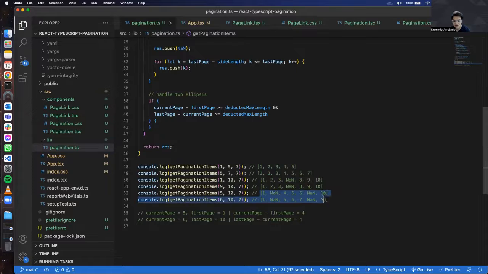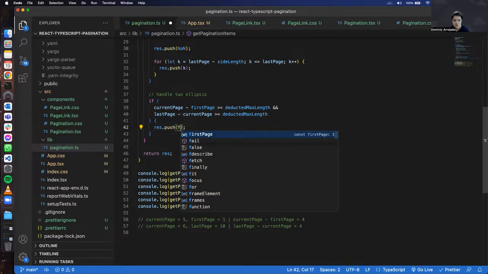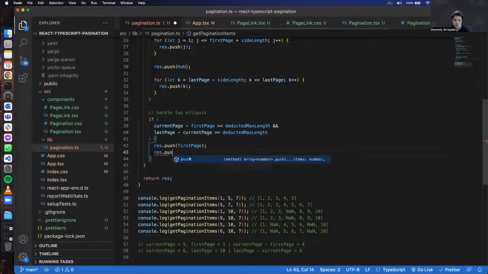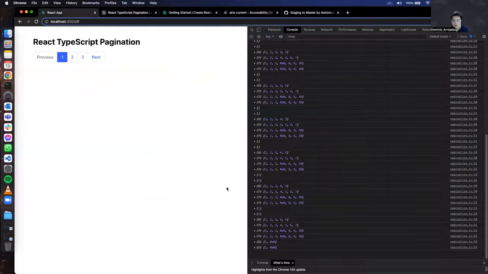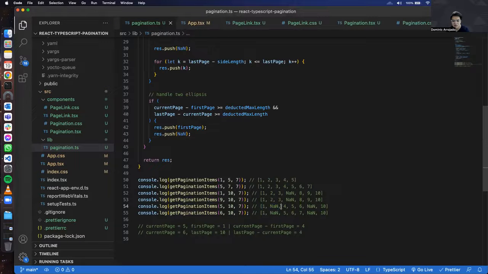So we want to generate this array. We know the first page is easy. We can just push the first page. And then we can just push none as well. If we look at our console log, it's basically 1 and none. We already solved this too. So how do we solve for this